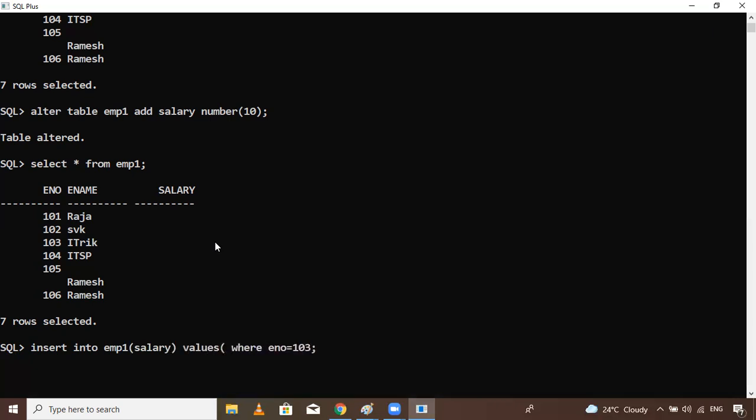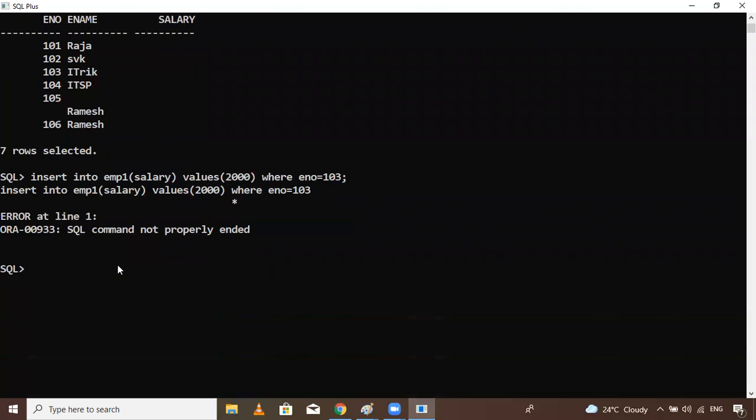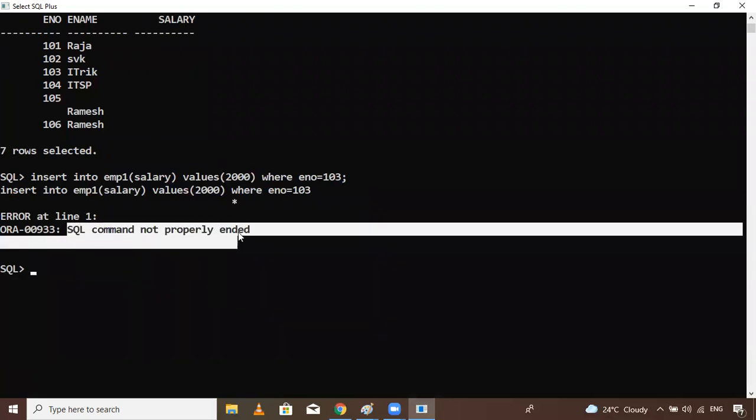Using values, salary is suppose 2,000. Let's try. We get the error: SQL command not properly ended. This much error we will get, guys.